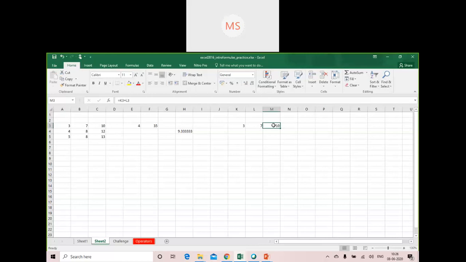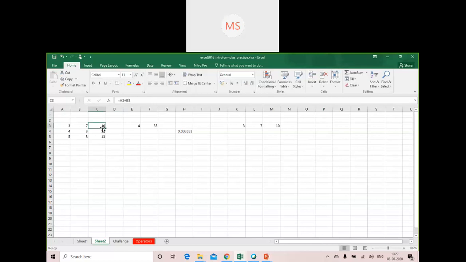Whenever you copy a cell from one place to another, it changes the cell reference by default. But in absolute cell referencing, the value of the cell reference never changes. It will remain as it is. Like if I am copying J1, it will remain J1 wherever I use it. It is not going to change.